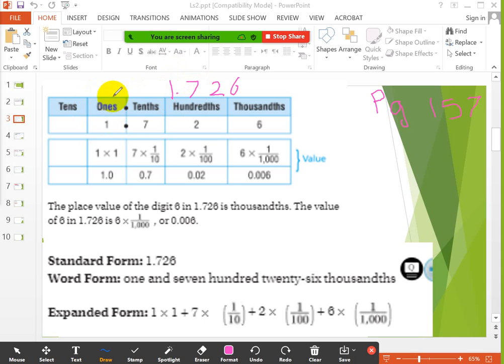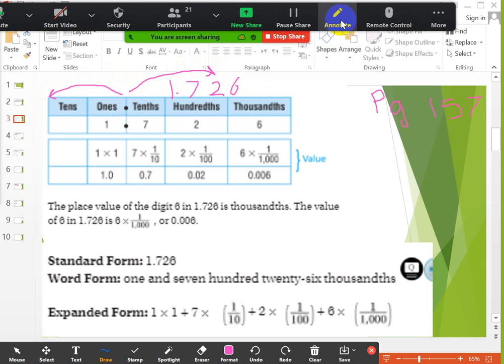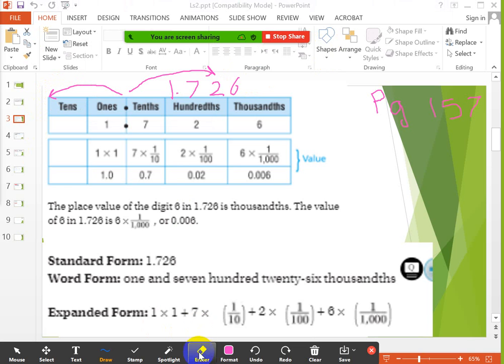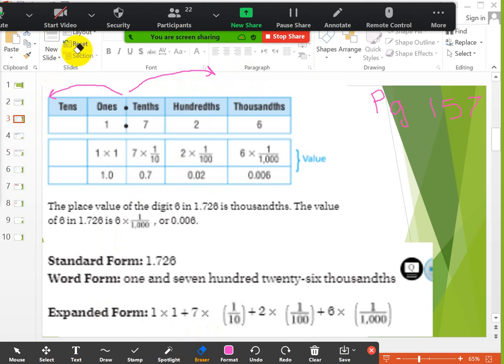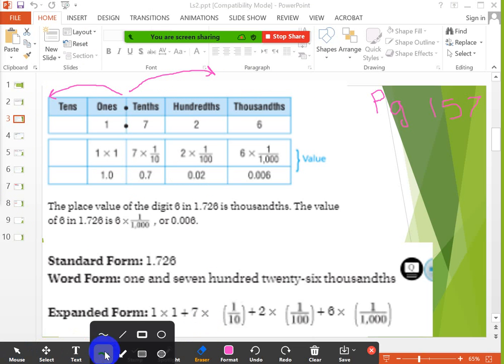and between the ones and tenths here I have to put a point to know that I will start the decimal part. So the point makes the difference between the whole part and the decimal part. Okay, this is the whole part and this is the decimal part. Okay, so if I want to write any number, I have to know the position or the digit of this number. So 1 right here, I will write the number here,